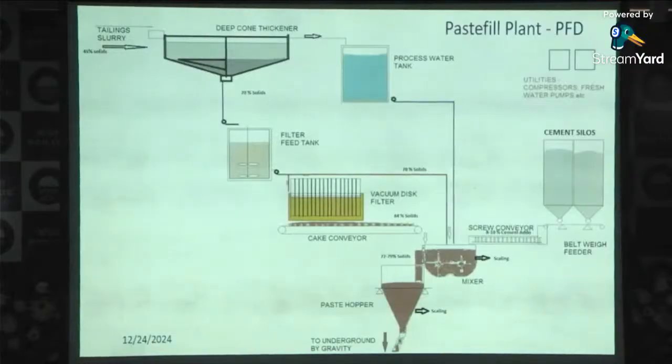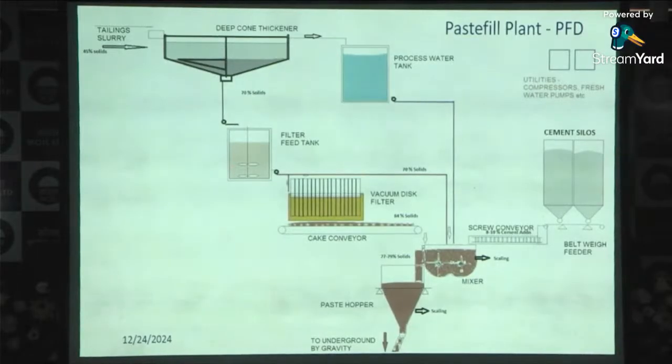So, this is again a process flow diagram of the paste fill. This is the mill tailing. This is the deep cone thickener. Whatever tailing is generated from the mill process, we are sending to the deep cone thickener. In the deep cone thickener, we are adding the flocculant. Whatever particles have settled down, we are sending to the FFT,